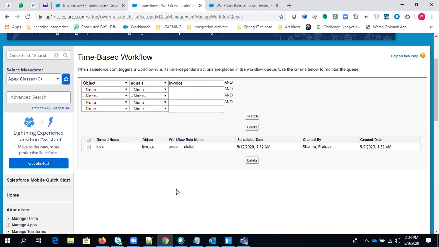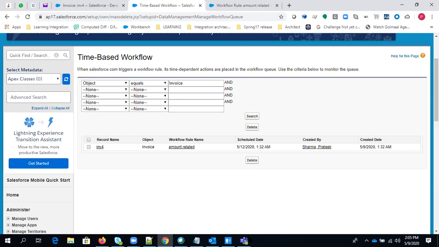Absolutely correct. Actually, workflow has no control over this particular action. So now it is in the time-based workflow queue, right? So the workflow has no control over this particular action. So it will perform. It doesn't matter what will happen with a record, what will happen with the workflow, if you are changing anything related to a workflow object or anything, right?